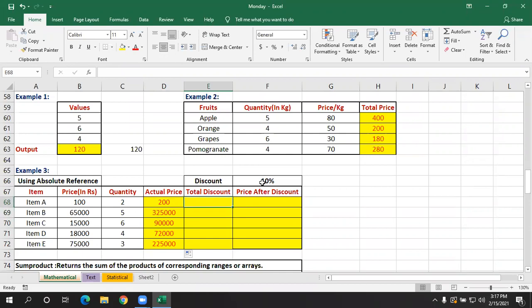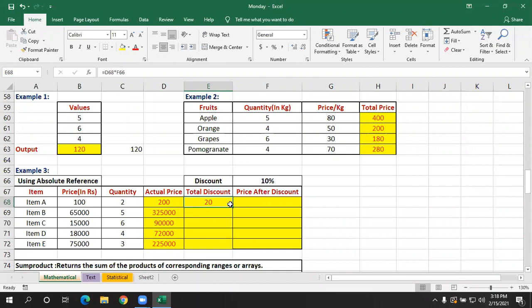Now there is a discount. Whatever you purchase, you have a 10% discount. Now I want to add that. I don't want to type the 10% within the cell; I just want to select this cell. Here I'll give equals. This is the actual price, so I'm selecting the actual price. I'll press into and then select the cell which contains 10%, and press enter. It is showing the discount for this price is 20 rupees.